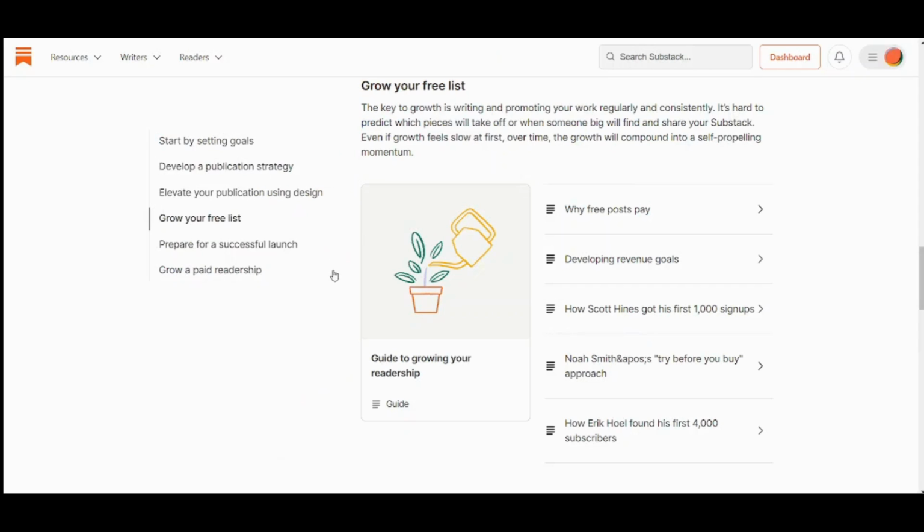As a new writer using Substack, you need to have patience. You need to make use of your time, to make use of your patience. You need to give yourself some time to grow. It's like